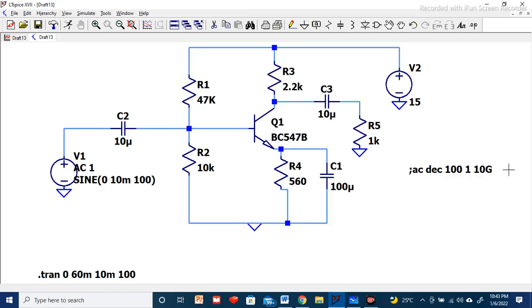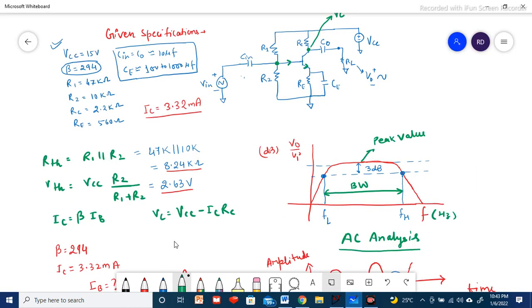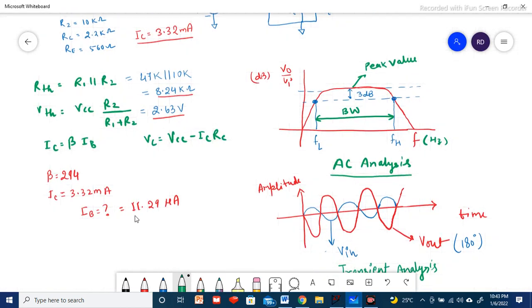Other verifications are, now we can see here IB. When you bring a cursor near the transistor terminal, the black color option, you can see all these sky blue color lines and dark blue lines. Near the dark blue, once you bring it here at the down corner, you can see 11.03 microampere, and in our calculation also we have seen approximately 11.2 microampere IB, which is almost satisfactory. And we have calculated the VTH, which is base voltage, 2.63 volt. That also we can check.